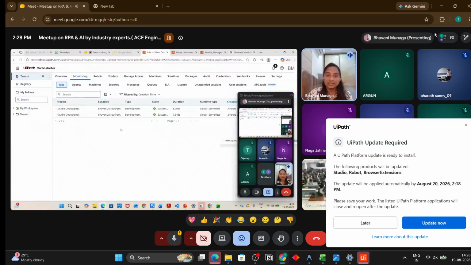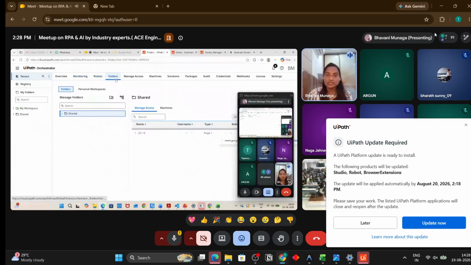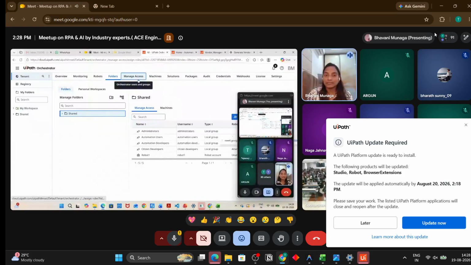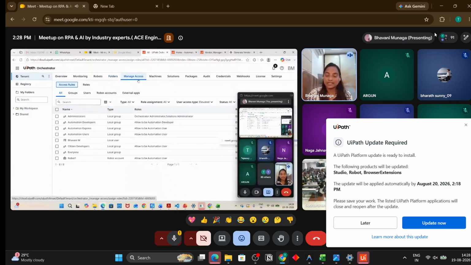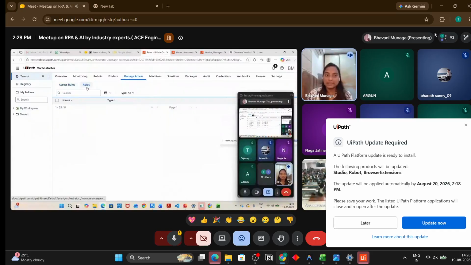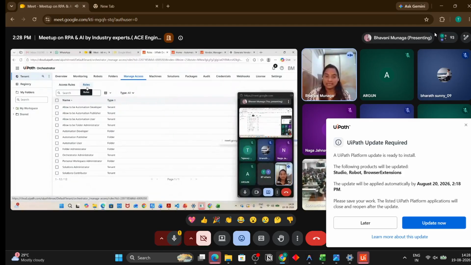Here you can see how many robots are successful, the available machines you have and the robots you have. You can see the folder structures, and you can manage your access in this section. You can assign roles to a particular user, like whether he needs administrator access or developer access, using manage access.